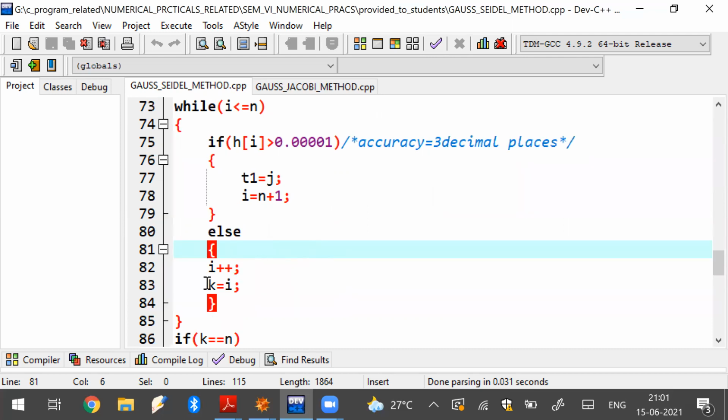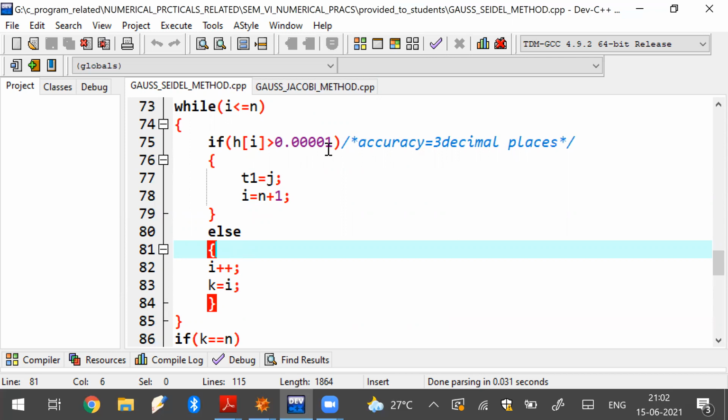And simultaneously, I am storing the value k equal to I. That means whichever variable is now satisfying this criteria, that variable number is stored here. So suppose x1 has achieved the accuracy, that means this is not holding good, so k equal to 1. Then I increased, and the increased value is stored here.